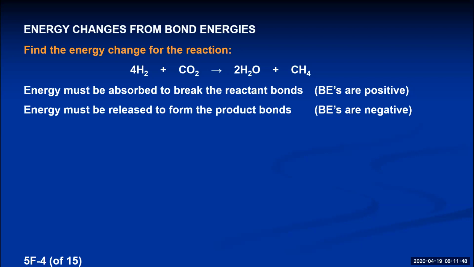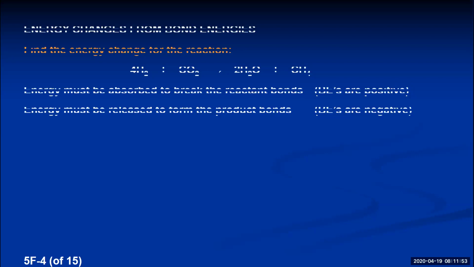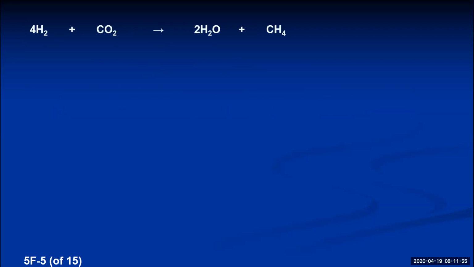So that's going to require us to be able to draw the Lewis structures for each of the reactant and product molecules. A hydrogen molecule has only 2 valence electrons. The 2 atoms share those electrons. So the correct Lewis structure for diatomic hydrogen would look like this. In this balanced equation, we're actually breaking 4 hydrogen-hydrogen single bonds because there's a coefficient of 4 in front of the diatomic hydrogen. There's actually 4 molecules that are reacting. So if you count those, 1, 2, 3, 4,